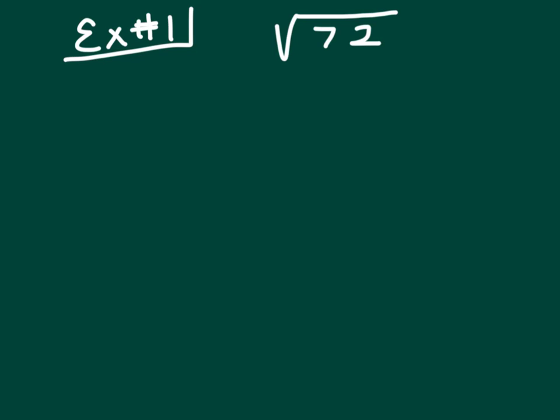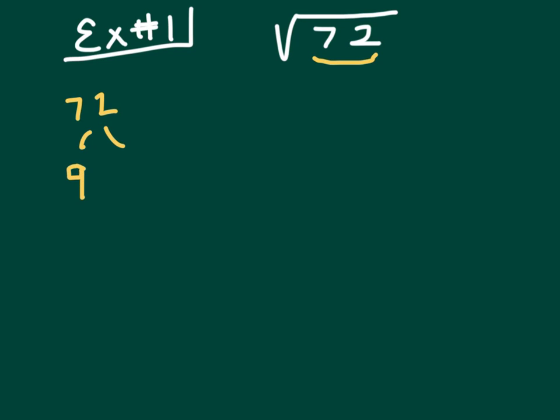Let's start with a problem, the square root of 72, and this is example 1 in your notes. Now, this is the 72 gang, and they got in trouble. There's a lot of people in this gang. We have to figure out how many people are in this gang. So the way to do that is you break it down. What I mean by that is you figure out two numbers that multiply into 72. Well, if you're good with your multiplication facts, this is going to be an easy task for you. If you're not, this is going to take some time and you're going to need a calculator.